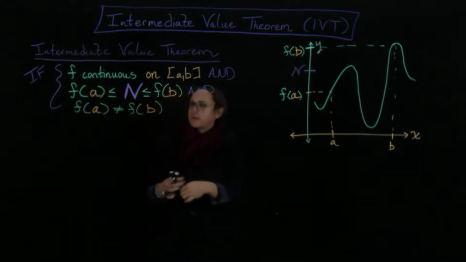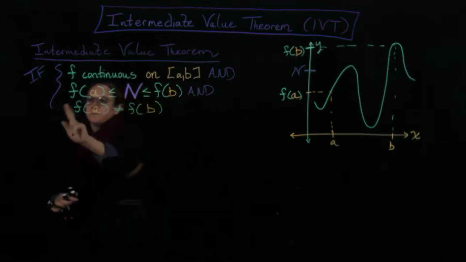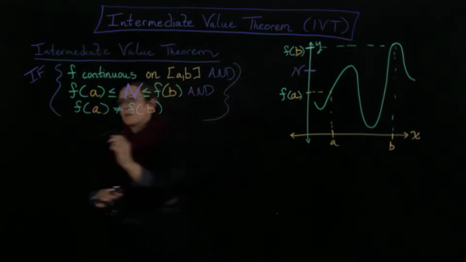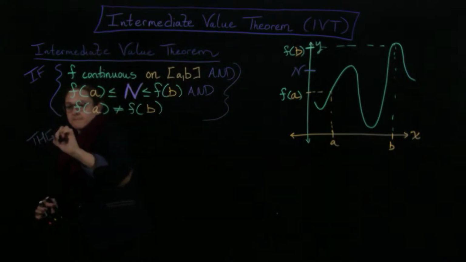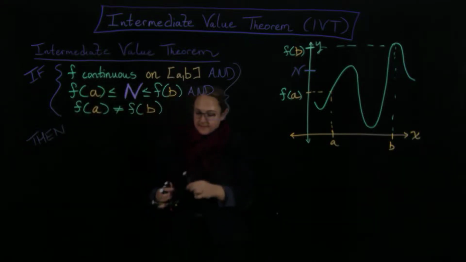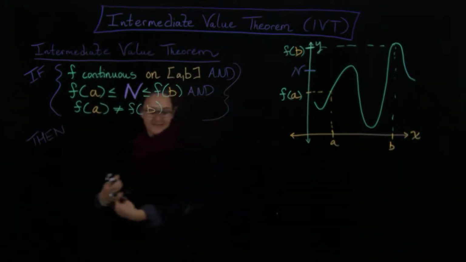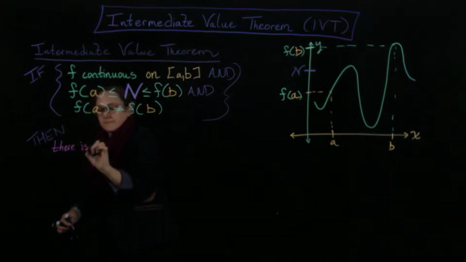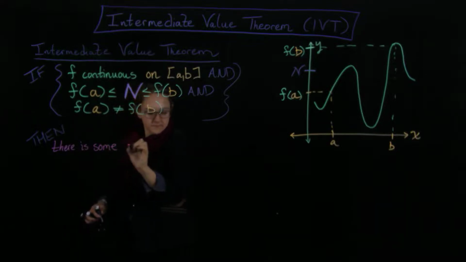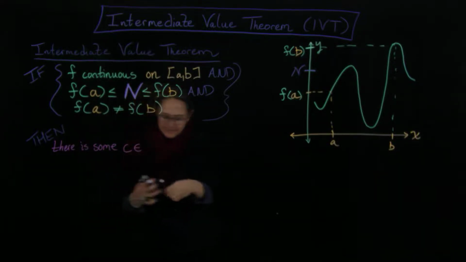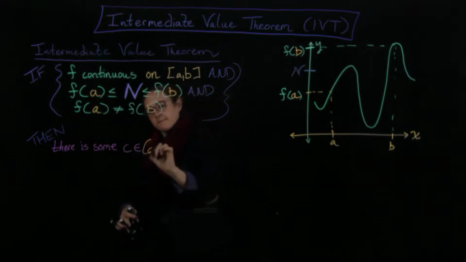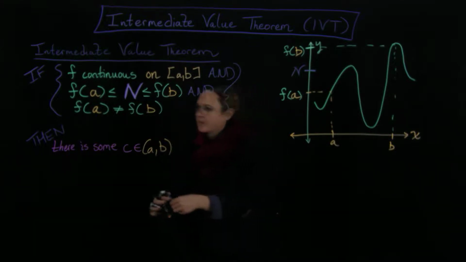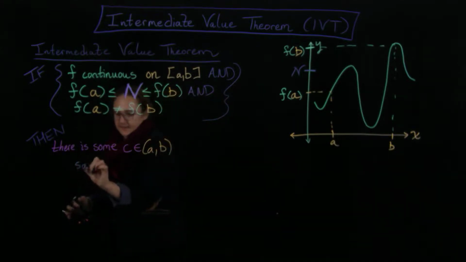So if all three of these things are true, then I know that there exists some c that's in this interval [a, b], satisfying that